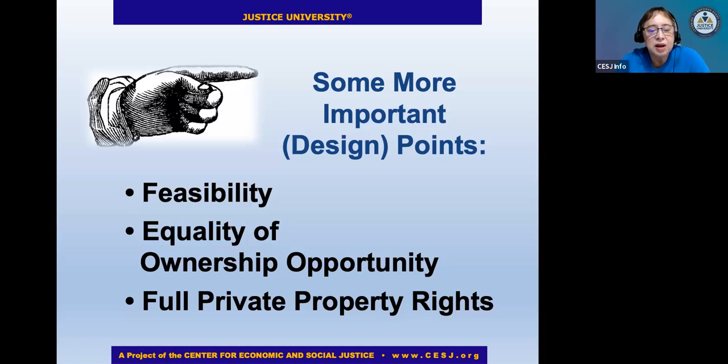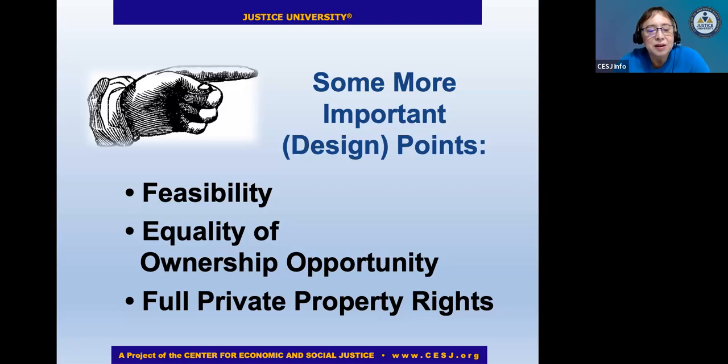Also, in terms of the design we're talking about, it should reflect the idea of equality of ownership opportunity, which means that if we limit ourselves to past savings, and some people have more past savings than others, that will skew ownership opportunity to the current haves. So that's why the idea of future savings money, and I know that drives a lot of people crazy to hear that, but it's newly created money that's asset backed, or really future production backed money.